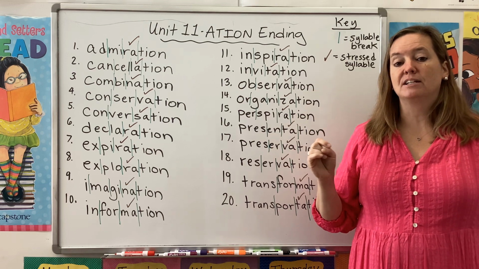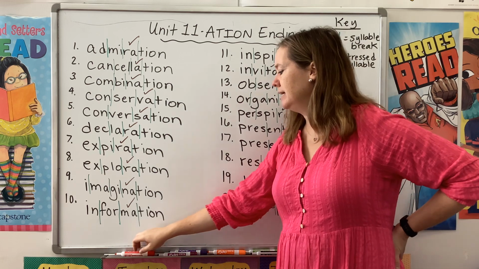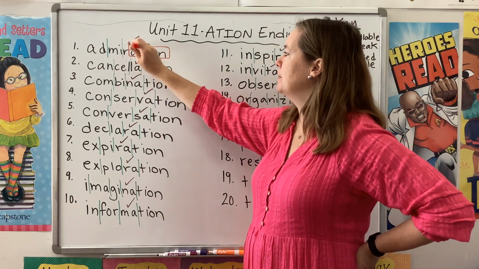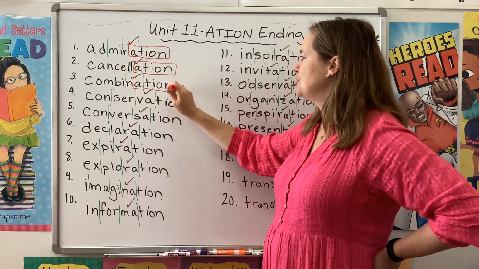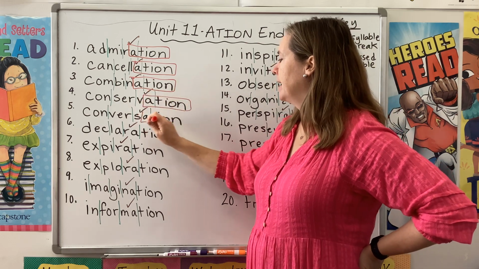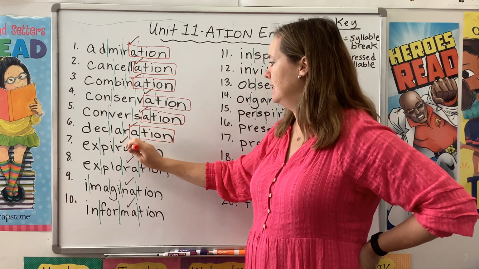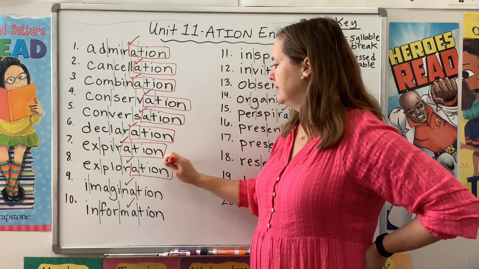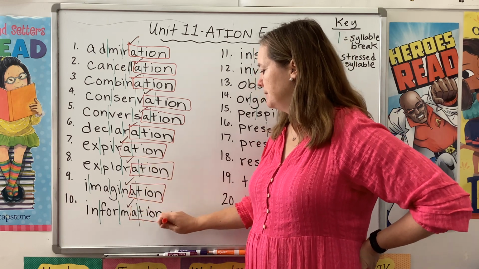All right, you notice that for every single one of our words this week, the stressed syllable is the syllable that starts the suffix, that has the A in it. So let's quickly take a marker, and we're just going to go through, and we're going to put a box around the ATION in each word. Okay? Because that is the suffix. That is the thing that we're tacking on. And if we can get that out of the way, it'll be much easier to find our verbs.